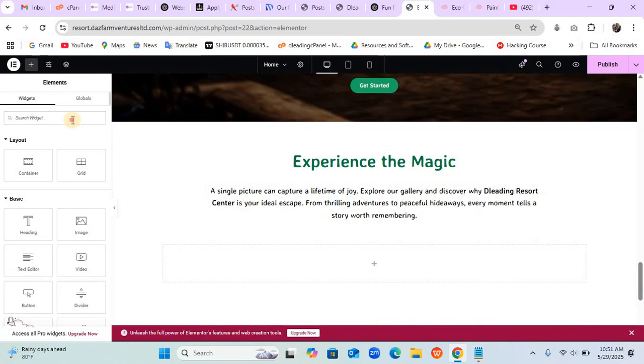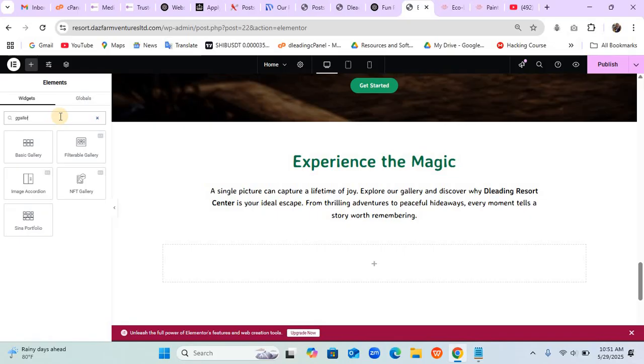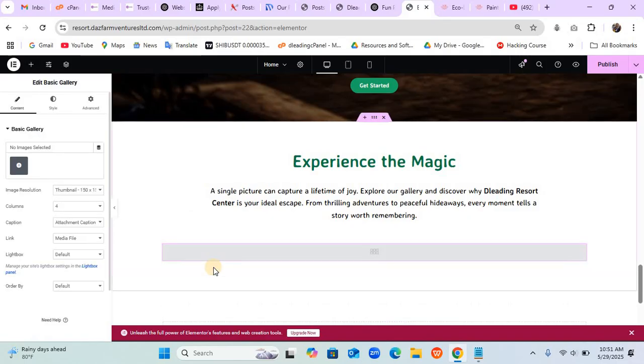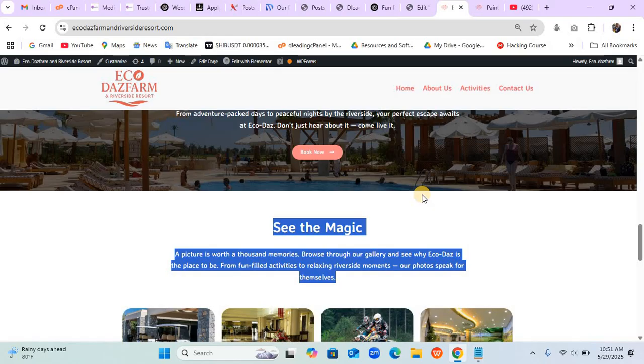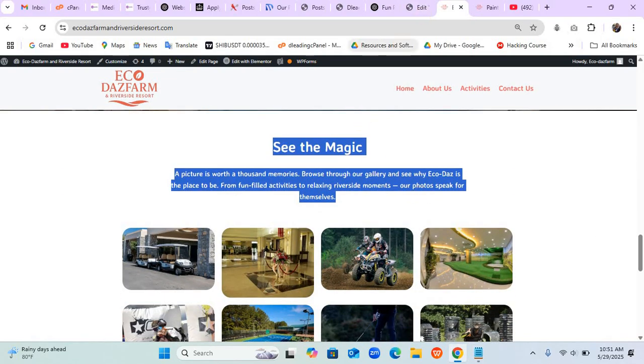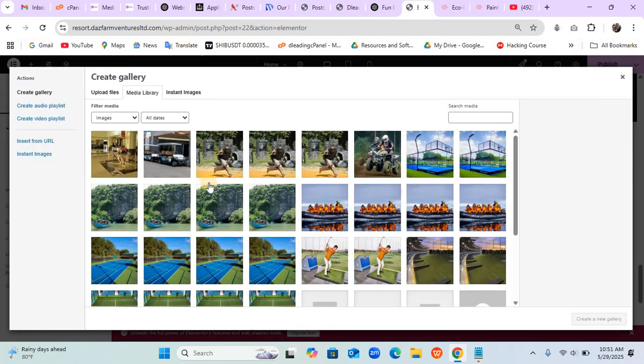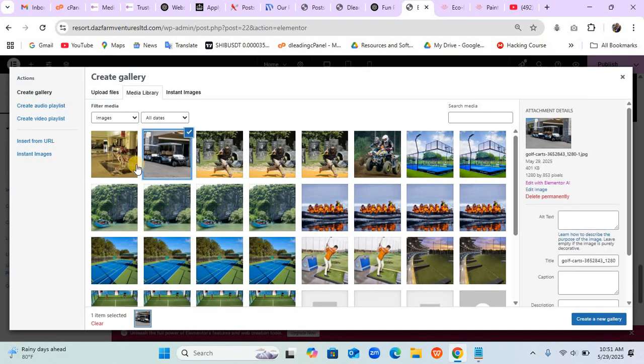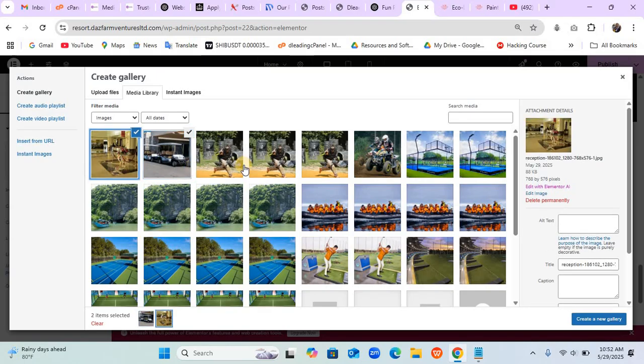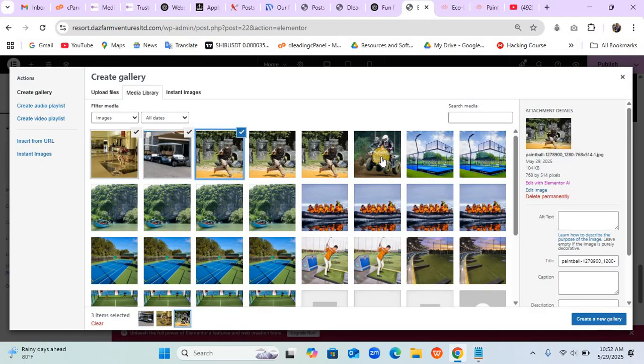Yeah, come here and search for gallery. Basic gallery. Yeah, let me just use this basic gallery. So all I just have to do is come and see how many pictures I have here. 4, right? Yeah, great. So we'll just come here, just make them 4. Just pick 1, 2, 3, 4,